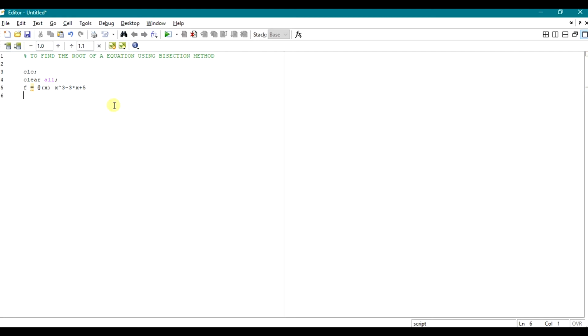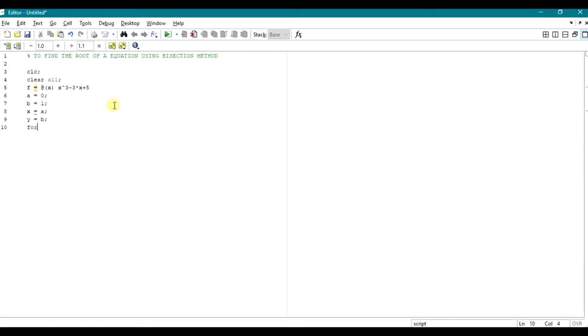In the next line, a equals 0 semicolon, b equals 1 semicolon, x equals a semicolon, y equals b semicolon.